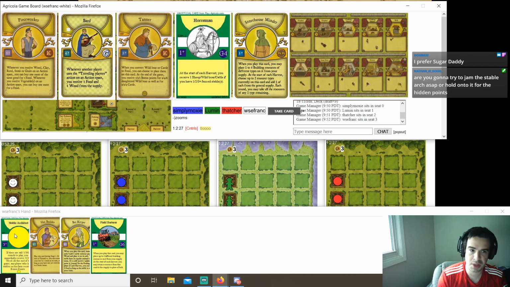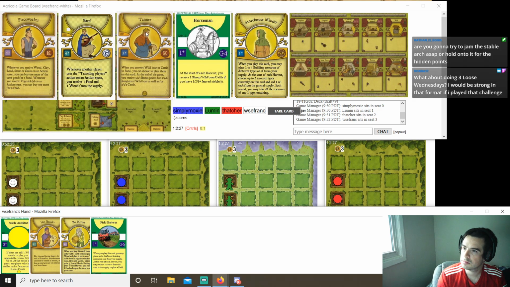I'll probably play it in stage 1, maybe ideally in round 5. If I can play it in round 5, that might be good. Probably play Beekeeper, Hut Builder, stage 1 and go for the first room. I think that should be my play. Tanner's the payoff for having lots of animals, but I can't really get lots of animals with this hand. I mean, I can take them, but